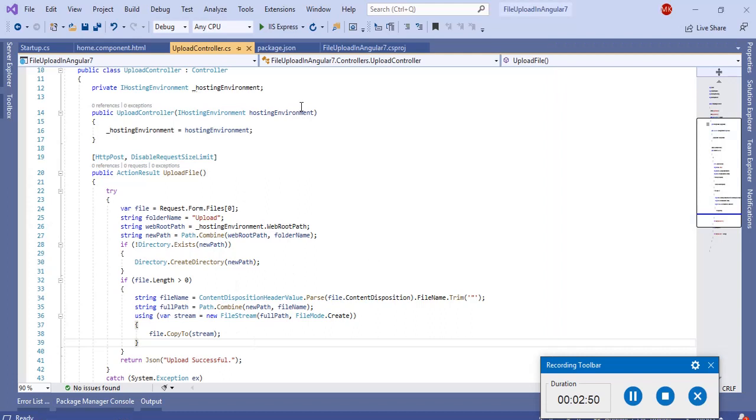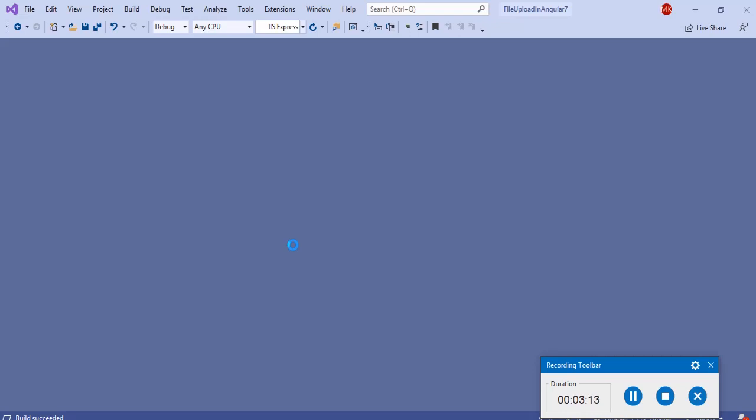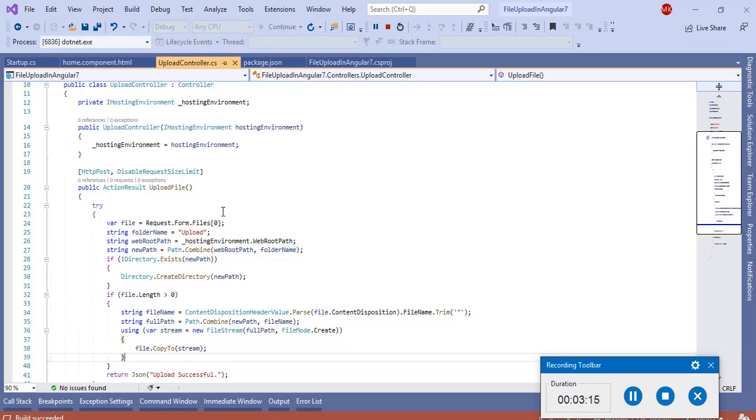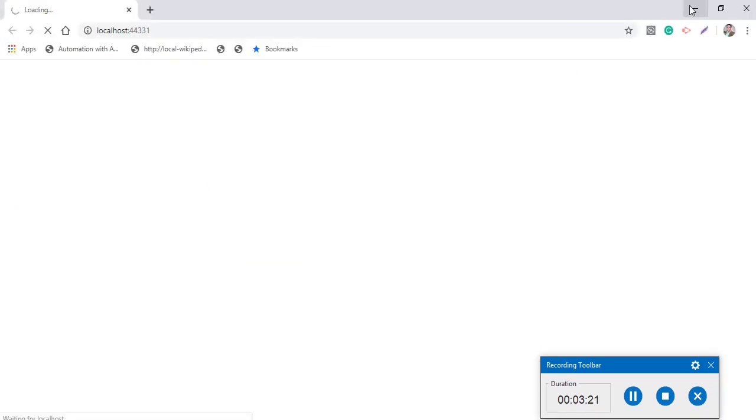So let me start the project here so that you can see the actual implementation and how it is working. Let me start the IIS project and debug this file. I will also share this code with you so that you guys can use this code as per your requirement.